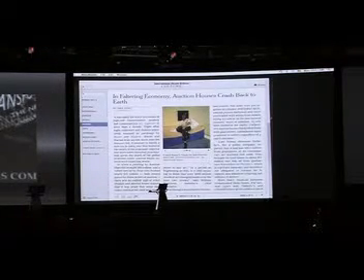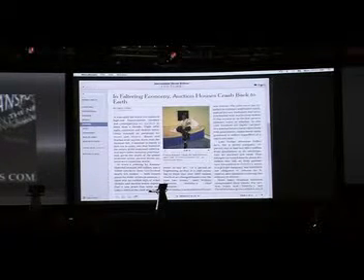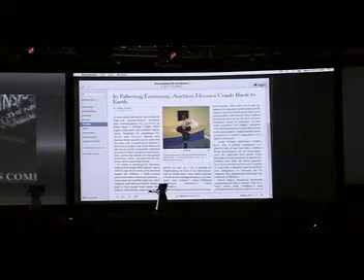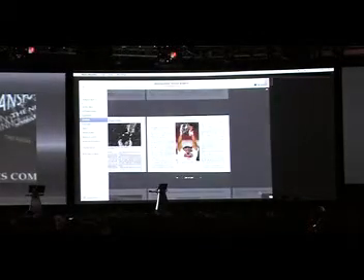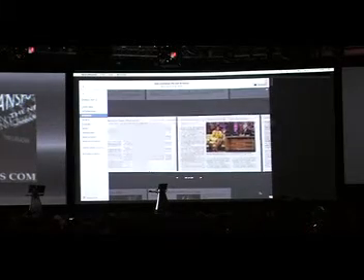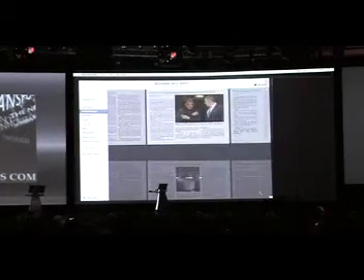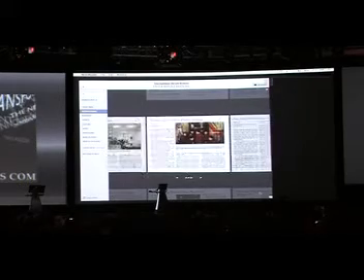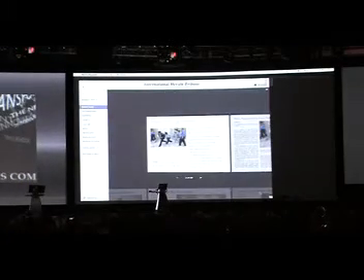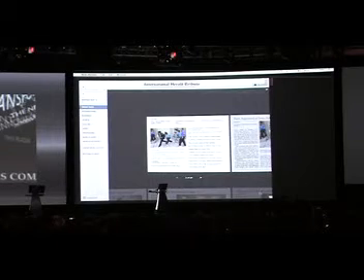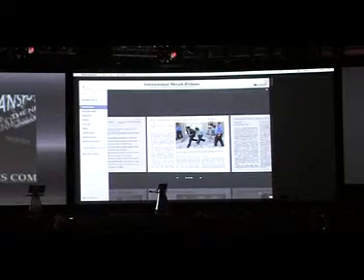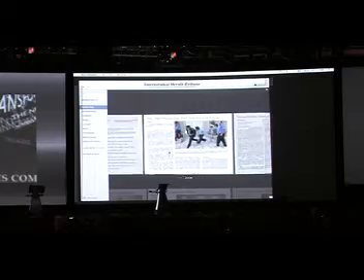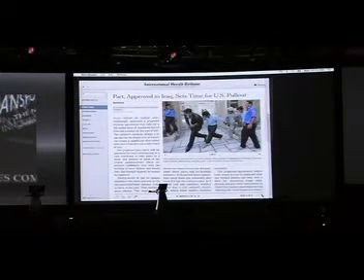Now, we've also included an interesting visual navigation system in the application called Browse. Let me show you how that works. One of the nice things about reading the paper in print is that you can flip back and forth between the pages, scan the headlines and the photos, and look for articles that interest you. That's exactly what we let you do here in this Browse feature. You can go back and forth within a section with the left and right arrow keys, and you can go up and down between sections with the up and down keys. So let's dive into this article and look further.